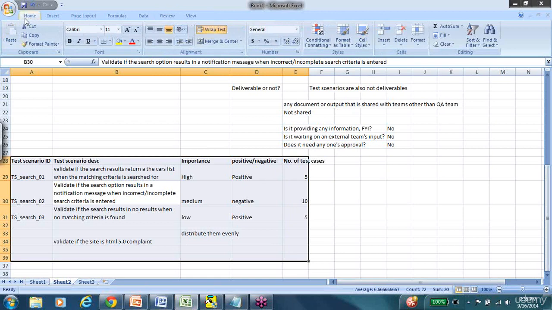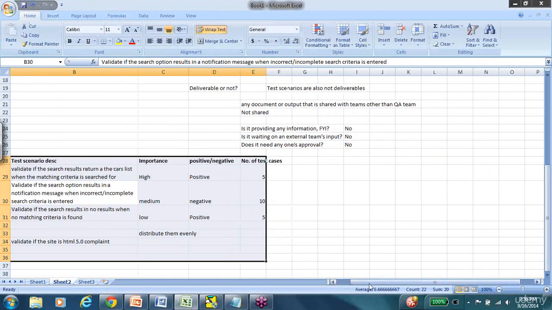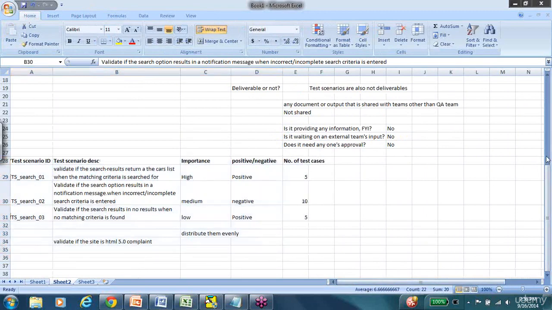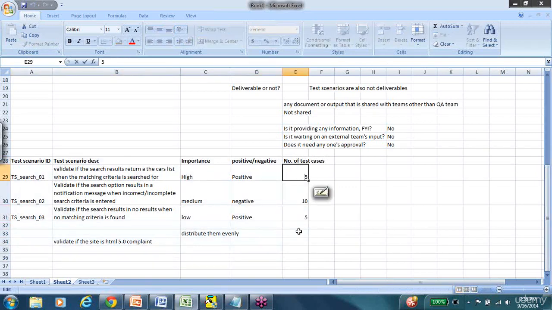Equip your document with the best standards that there are and make this a general practice. More questions I see. For planning purposes, in your experience, is there a rule of thumb that can be roughly estimated? Not really, because this is a pretty random number that I came up with, testing 5, 10. There is no pretty number like that, but one suggestion that I can definitely make is overestimate but not underestimate,